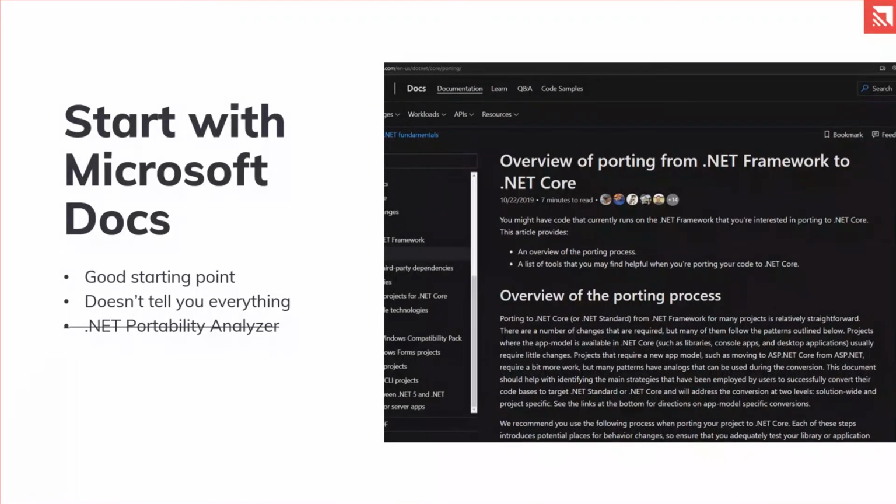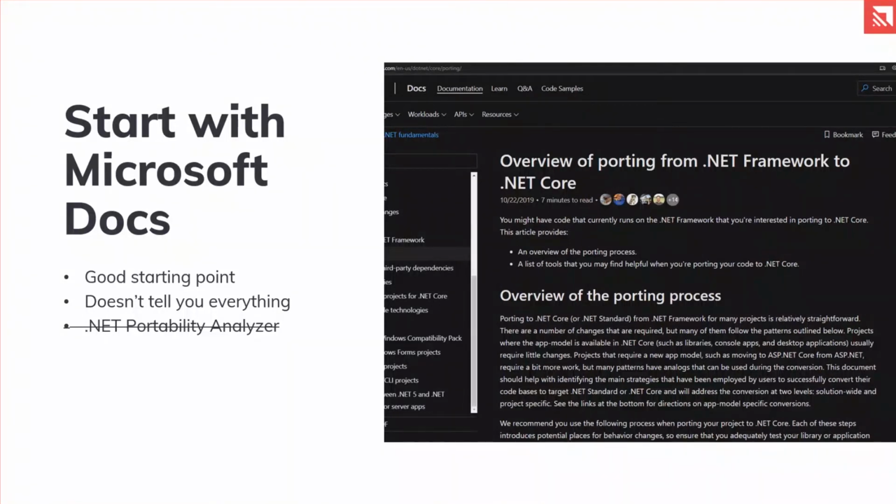They're both great, honestly, but they are 7-minute reads, and they are not comprehensive because every application is very unique and different, and they can't cover everything. But it's an awesome starting point, so I recommend that you look at that first to get a good idea of what you need to do.